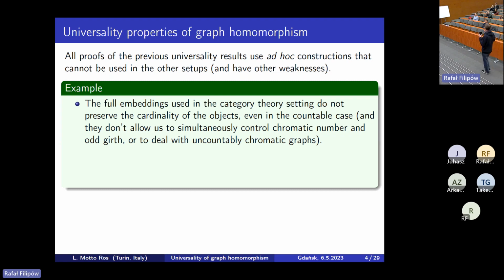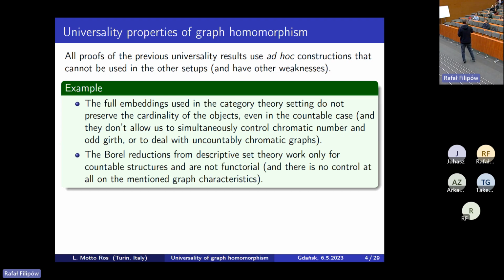Also, it doesn't allow controlling simultaneously certain parameters I will speak about, like chromatic number and so on. You can control many of them, but separately. You decide your parameter and then you can control it, but what about controlling them all together at the same time? So instead, if you go to the descriptive set theory side, in particular, the first construction cannot be used